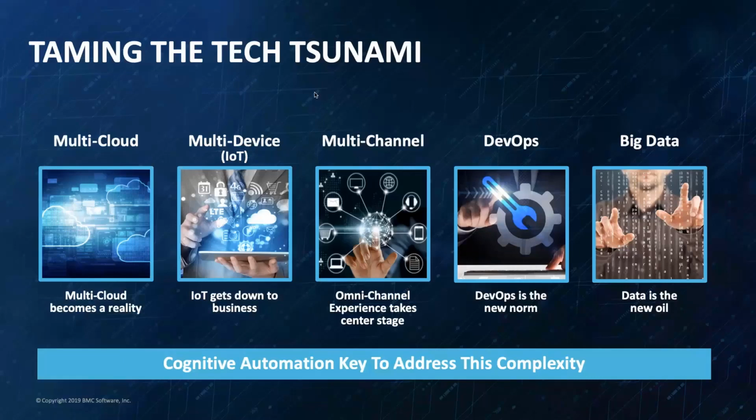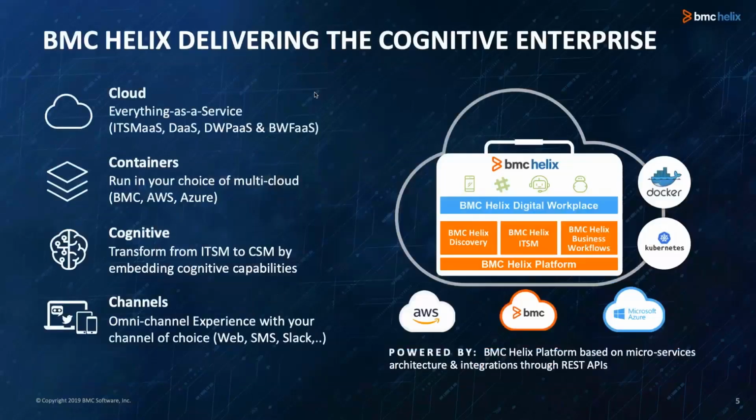I would even claim that this entire area of DevOps is probably the most impactful one, as many companies are trying to find out how to bring these two worlds together. And there's a lot of black and white thinking here when it comes to DevOps and ITSM. From our perspective, it's a lot about what delivers most value to companies and ultimately the best IT outcomes. And again, in context of that, that's why we message so strongly around the benefits of cloud, containers, cognitive, and now more and more also omni-channel as part of our